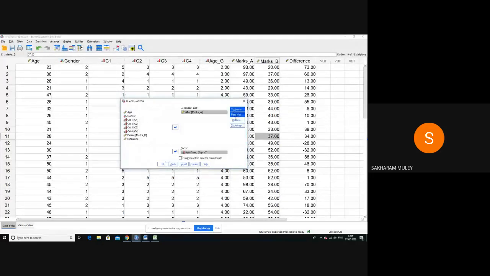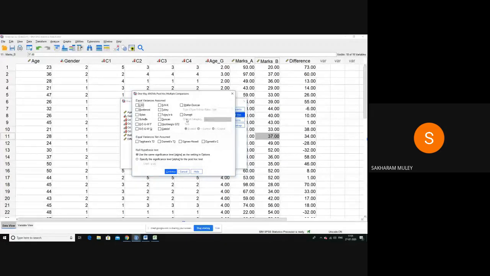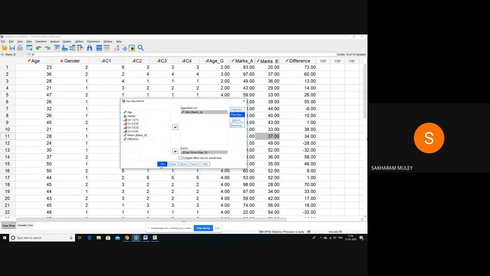For the post-hoc test, the most preferred tests are either Duncan, Tukey's, or LSD. You can use any one of these. If equal variances are not assumed, then there are some other tests given in the second group. Here we are assuming equal variances, so instead of going for LSD, we'll go for Duncan. You will understand the use of the post-hoc test as I explain ANOVA. So let us generate a result.